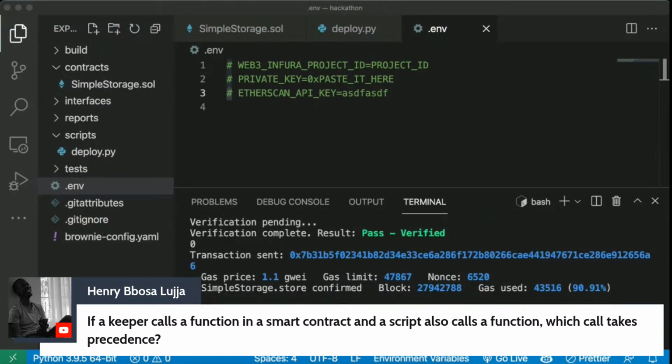Okay, so it depends on who gets there first. And by who gets there first, I mean, every transaction is included in blocks by miners. So it depends on who the miners include in that block first. So it's up to whoever mines the transactions, really. Good question.